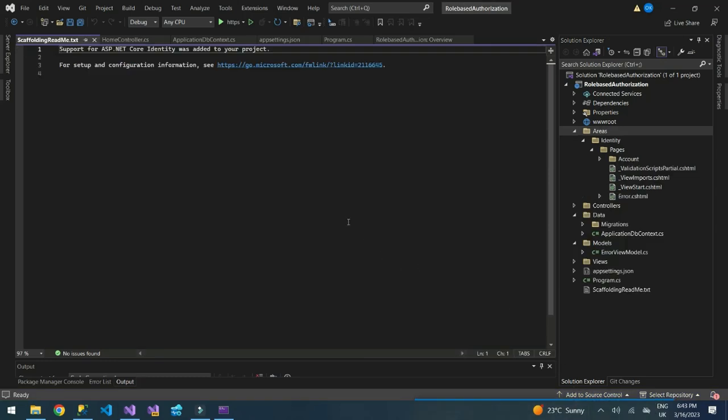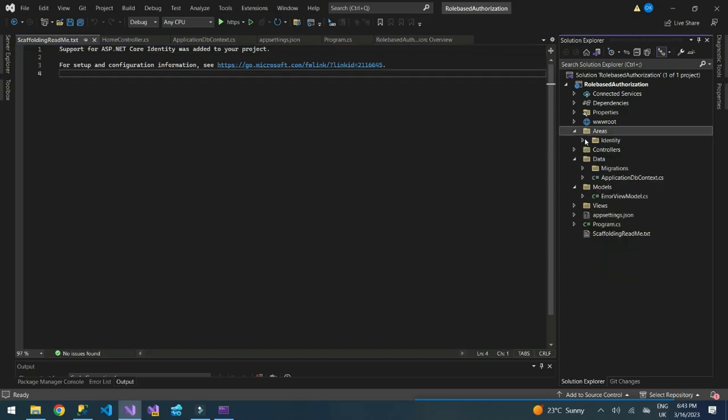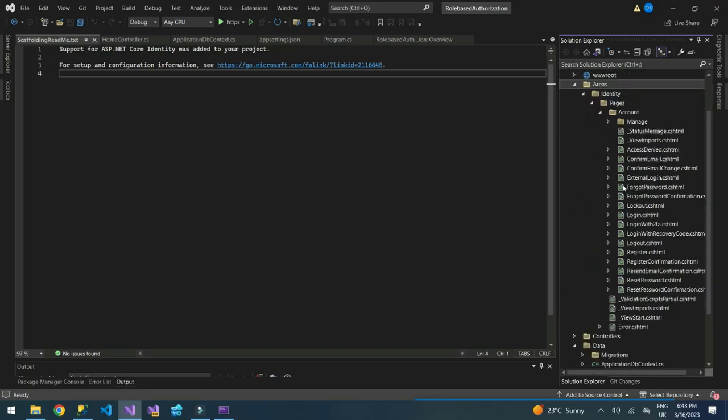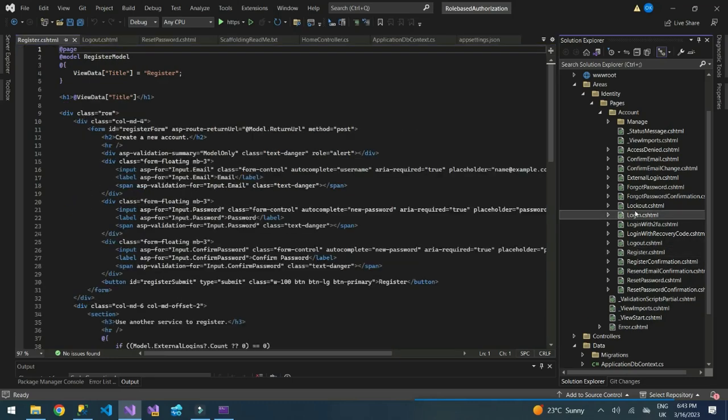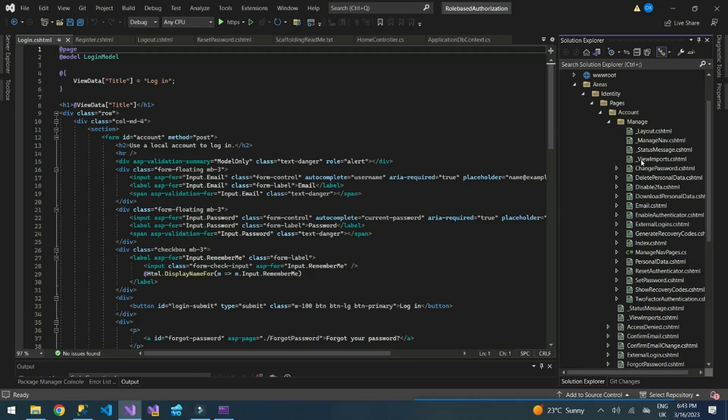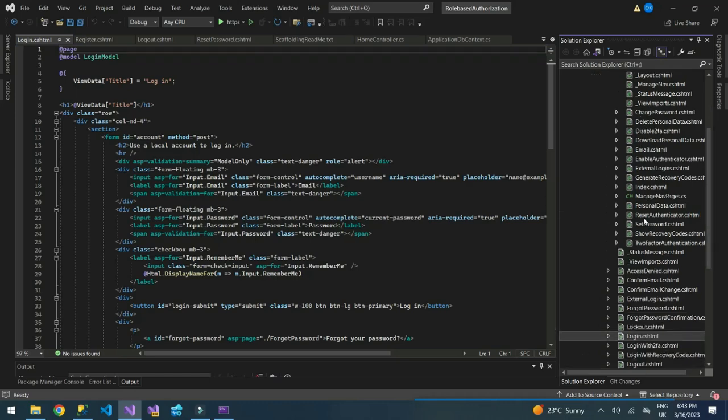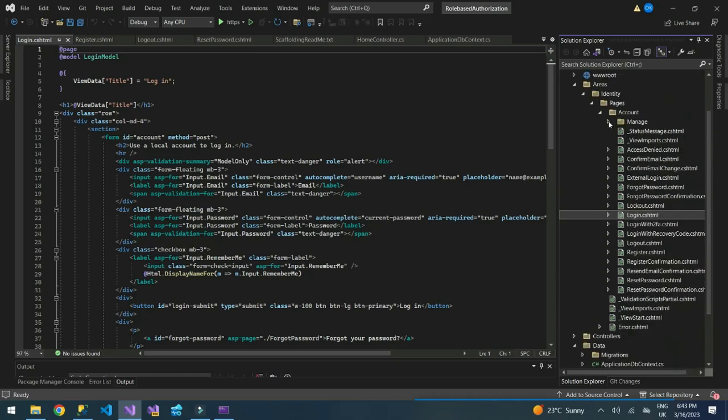So the application has created all our pages. If you navigate to identity, you can see we have the account. If you click it, you'll be able to see all the pages. So we have all the pages here, the register page, the login page, and also we have the manage account. It has some pages, as you can see. So if we just launch our app,